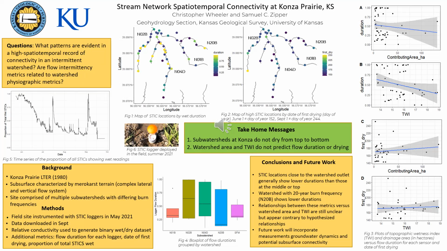I'm a first semester PhD student at Kansas Geological Survey and the University of Kansas. I'm a trainee on the Aquatic Intermittency Effects on Microbiomes in Streams, or AIMS project, which is a Track 2 NSF EPSCoR grant. The AIMS project covers multiple sites in 3 different physiographic regions in the US. However, for this poster, I'm focusing on initial data collected at the Konza Prairie Biological Station and Long-Term Ecological Research